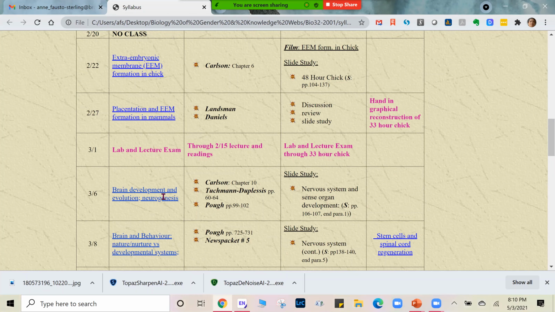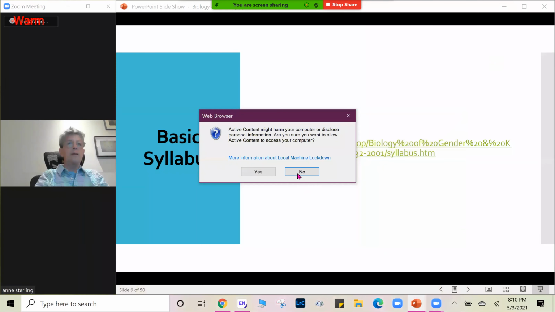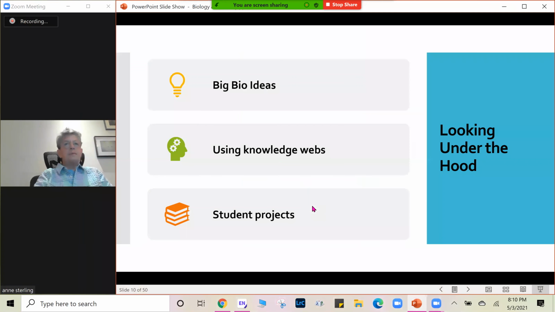So in terms of organization, a pretty conventional course, except, as you'll see, we made basically three important structural changes to it to integrate social issues into it. Looking under the hood to look at what these three things were,